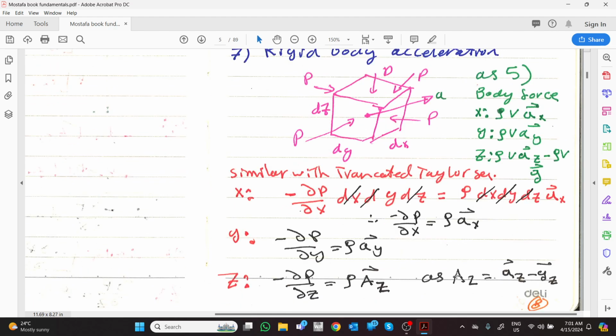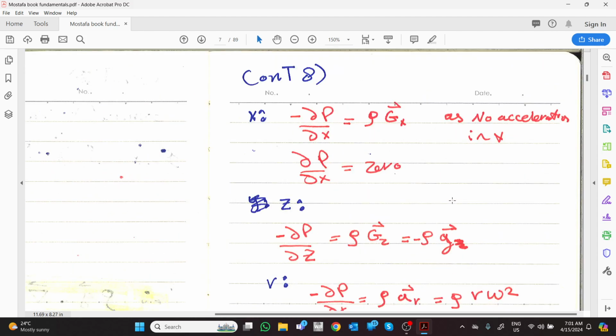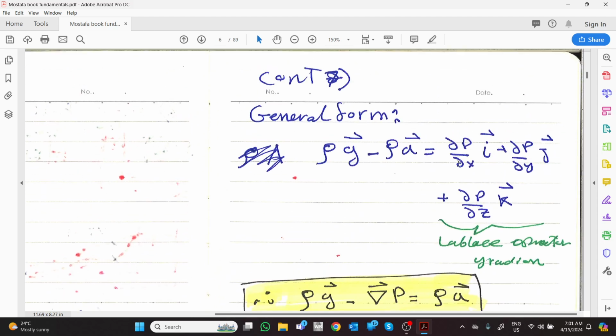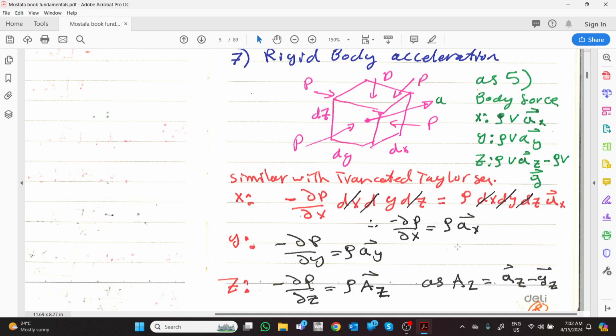Okay, so it is very simple, so we can write it like this, and it is very important to understand it. So if we say that this pressure is equal to this one in the x direction with minus, and this one is equal to this one with minus, and this one with minus, we can put it together in one equation, but we need to identify x, y, and z by writing